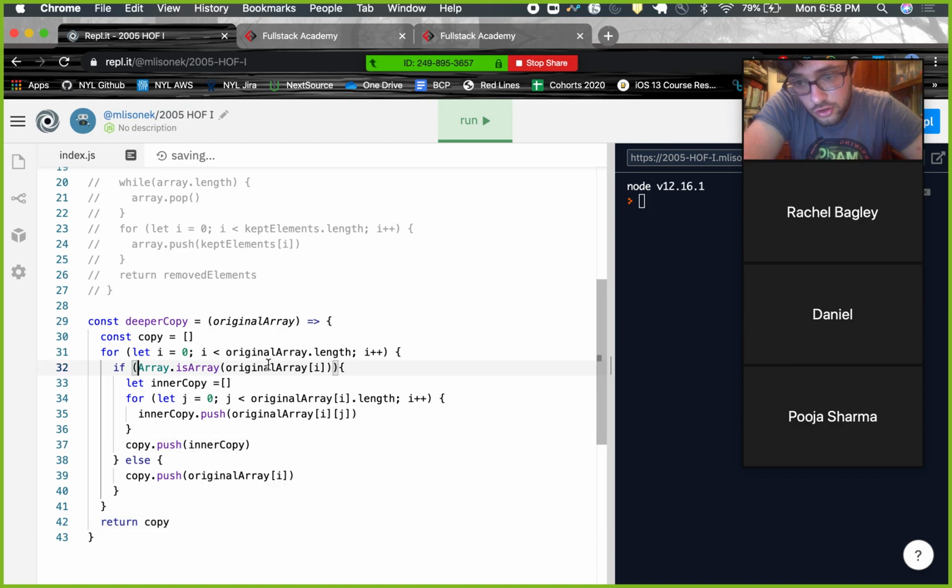So we check to see if the current element, which is original array of I, is an array. If it is an array, we define a new variable, inner copy, because we have to now make a copy of that inner array, right? So to make a copy of this outer array, we automatically did const copy here, right? But here, keep it consistent, we'll do it here,